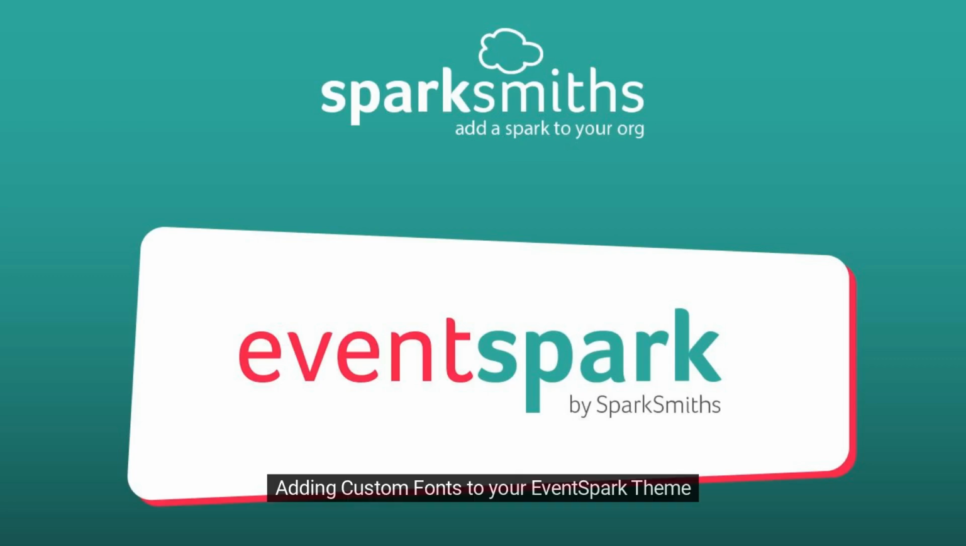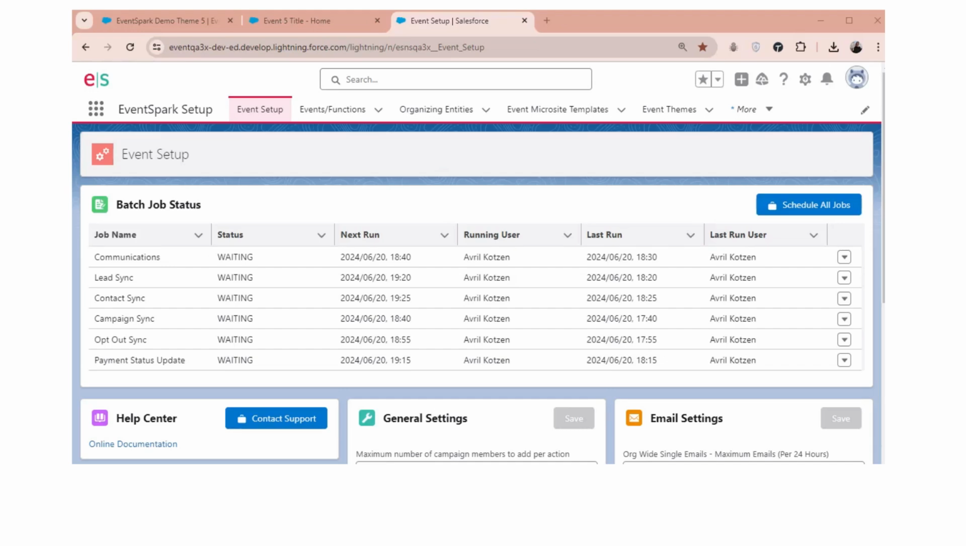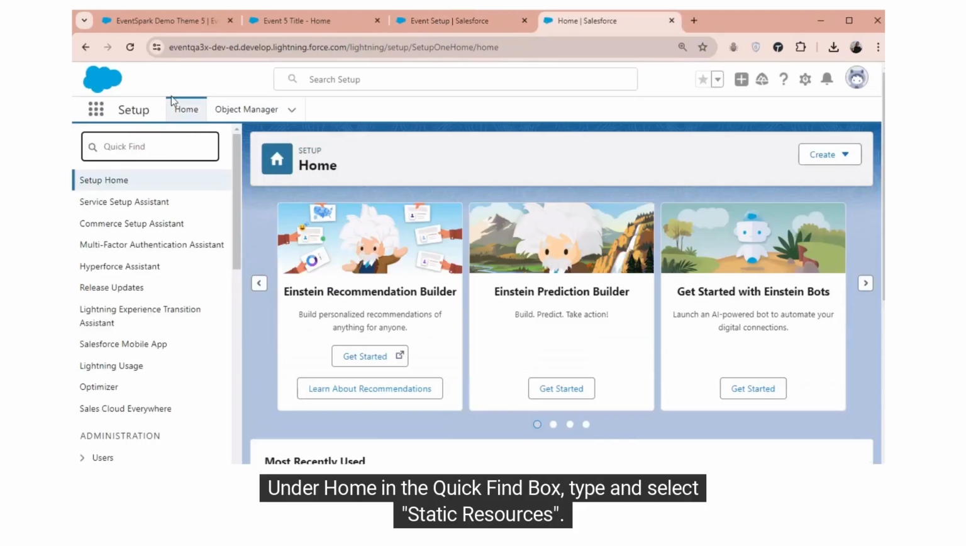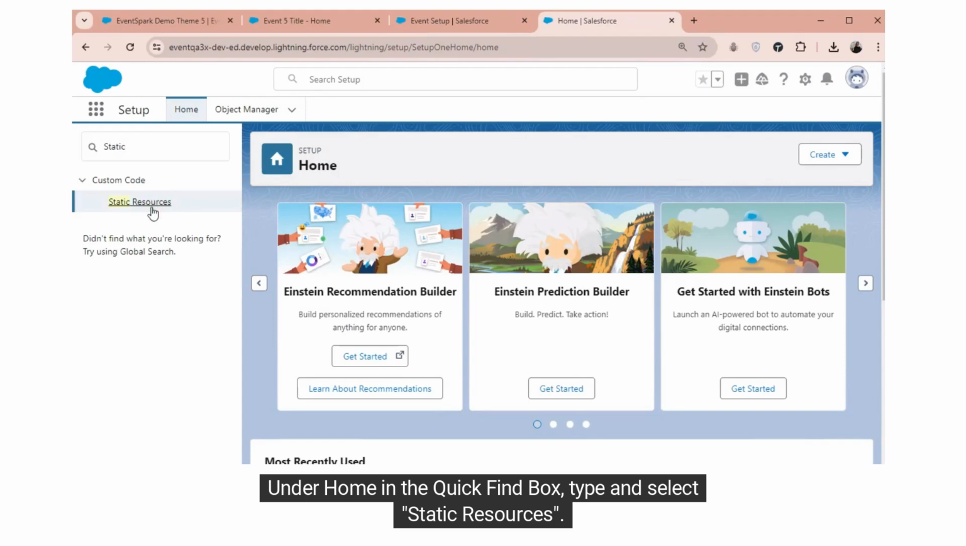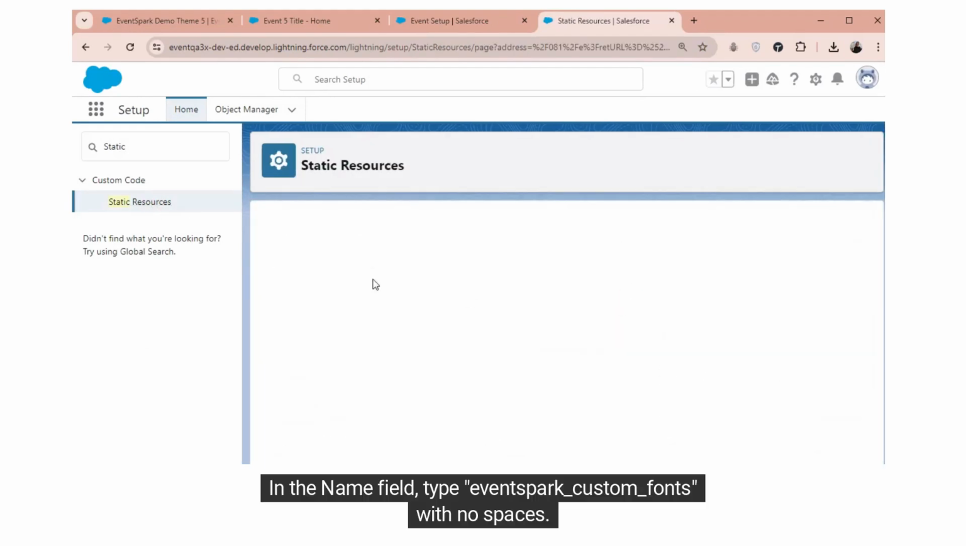Adding custom fonts to your EventSpark theme. Go to Setup. Under Home in the Quick Find box, type and select Static Resources. Click New. In the name field, type